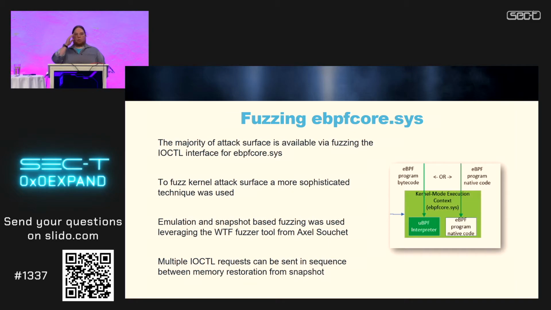And early last year, there was a new fuzzer released from Overclock or Axel Souchet called WTF Fuzzer. WTF Fuzzer is a snapshot-oriented fuzzer, and so you connect with a kernel debugger to your target operating system. You set a breakpoint at the location in which you want to start fuzzing. You step out of the breakpoint handler, and so you're right at that call to whatever API you want to hit. And then you take a full memory dump. You can then migrate that memory dump. You can either fuzz it on Windows or Linux,